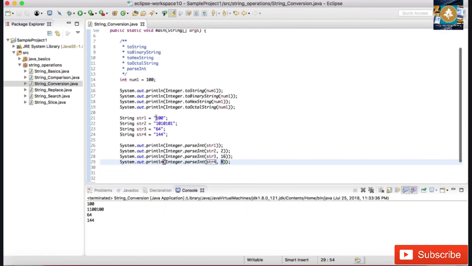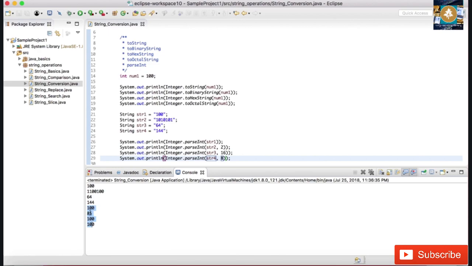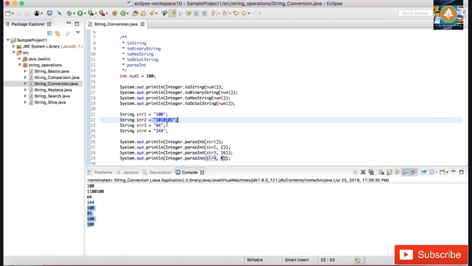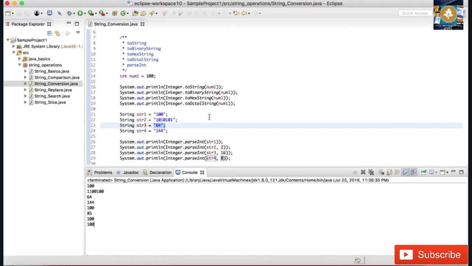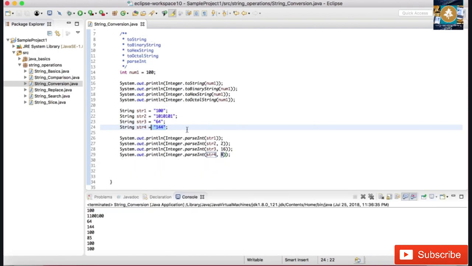And when we run this program, the output, if you look at it from this place: 100 is equivalent to the normal string 100, and 85 is the integer equivalent of this binary string, and 100 for this 64, and 100 integer for this 144. So simple operations converting a normal string to integer or a binary string